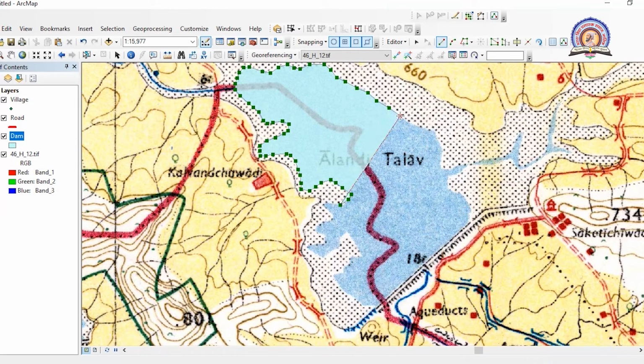So there is no need for going for the field survey to identify this thing. By simply sitting in a lab and using software with the help of base map, we are able to identify this parameter. Now I am not going to move this way. As we are making a demo map, I will be coming over here to save our time.